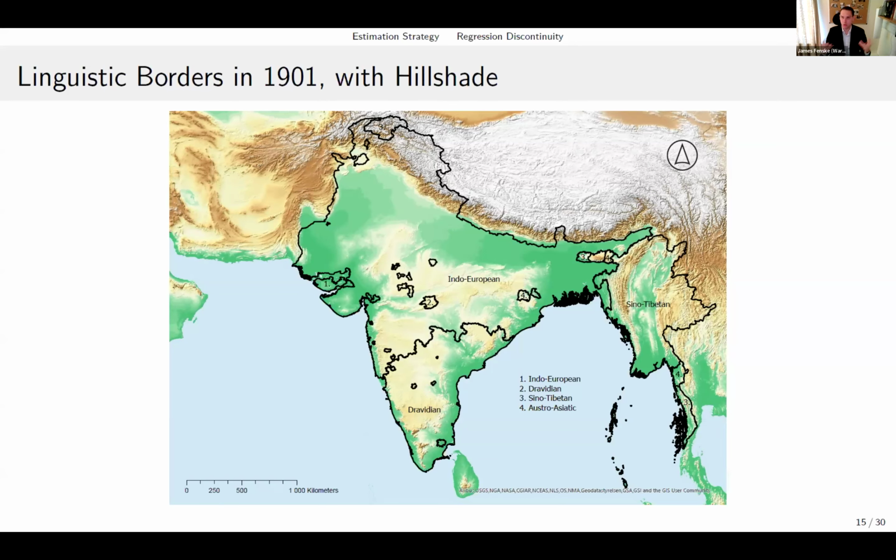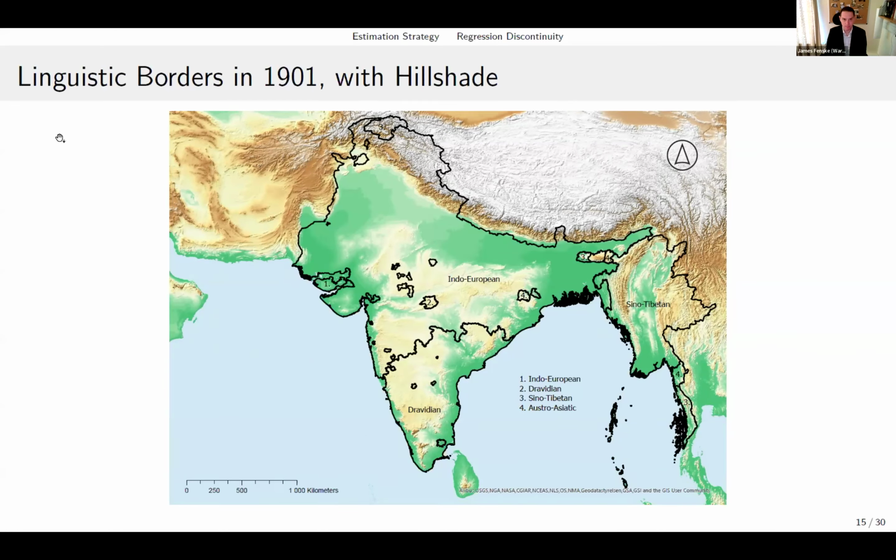And in the appendix, I can show you lots of geographic balance tests that show you that these districts are similar across the boundary. If I were to do this for Sino-Tibetan languages, on the other hand, you'd end up finding that, yeah, the boundary is the mountains, and all the balance tests would look terrible. These aren't balanced. There are clear costs of physically crossing that boundary,